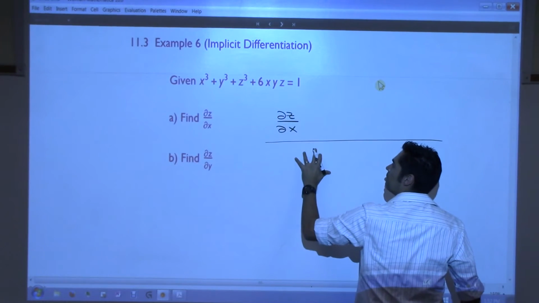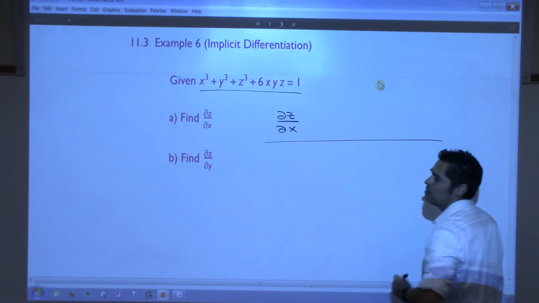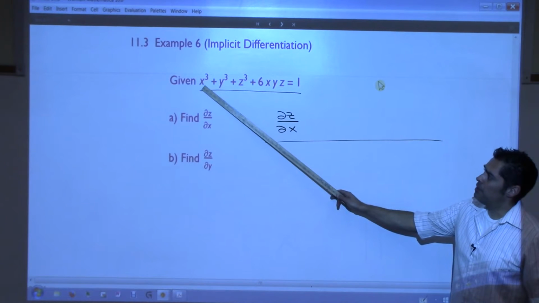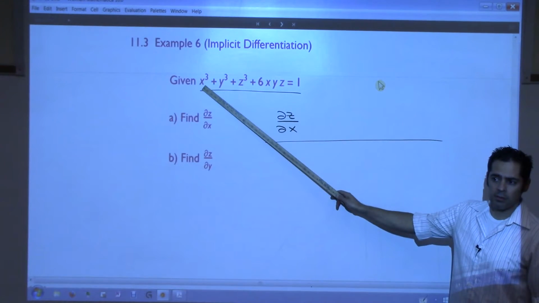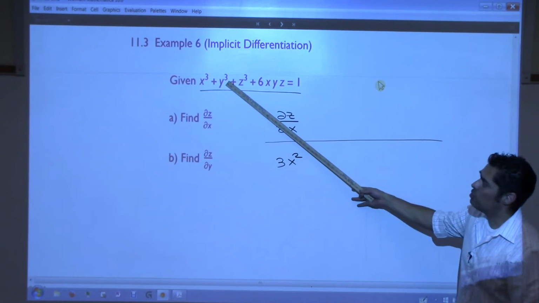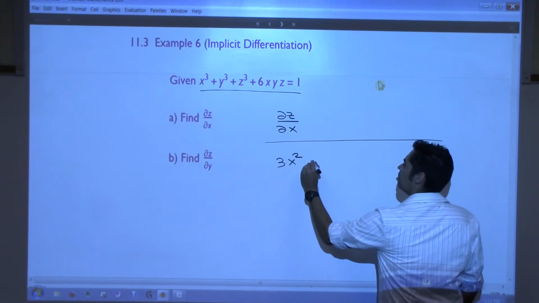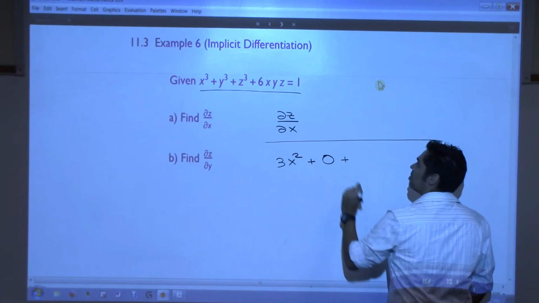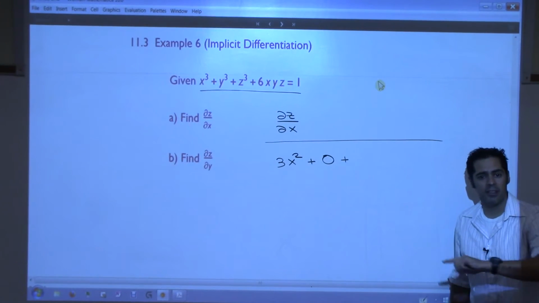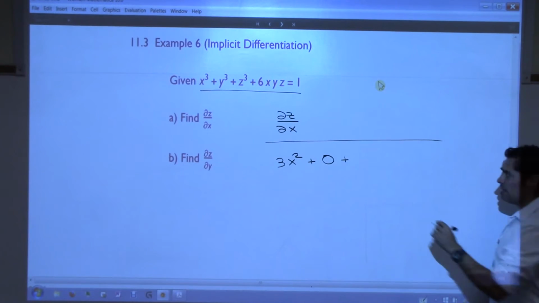So what I'd like for us to do, that's what I'm about to do right here. I'm going to look at this equation and take the derivative on both sides, partial derivative with respect to x. So what would the derivative of x cubed be with respect to x? 3x squared, just like we think, right? What is the derivative of y cubed with respect to x if y is a constant? 0. Plus, now, what is the derivative of z cubed if y is a constant and x is a variable, and we're saying that z depends on x? 3z squared